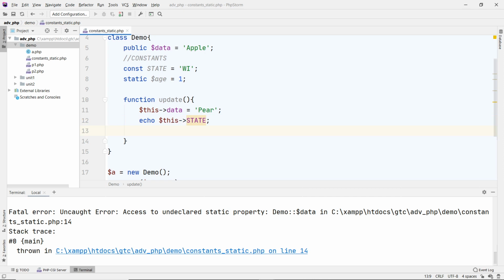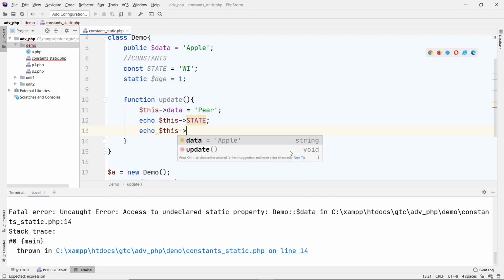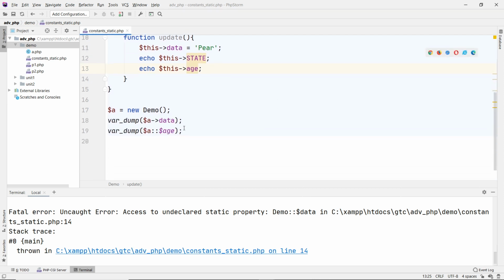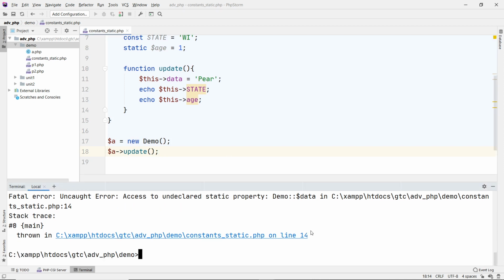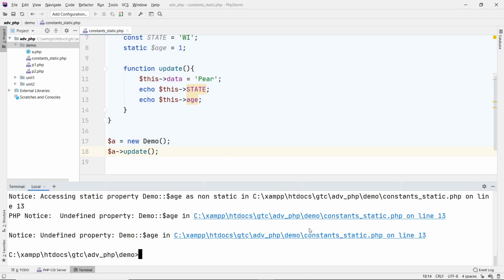And if I also try to do the same thing with the state, the age, okay, those should not work. And let me turn this off, and I'm going to go and invoke the update. So a update. Okay, so now if I go to my terminal, I run it,